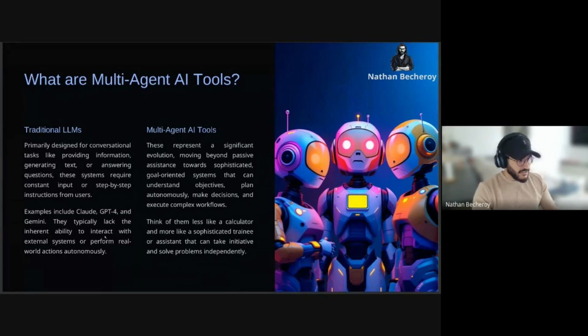These tools like GPT-4, Claude, etc., are now part of multi-agent AI tools, because these tools are moving beyond passive assistance toward sophisticated and goal-oriented systems that can understand objectives, plan autonomously, make decisions, etc. And they can also access other third-party tools to continue their activity.